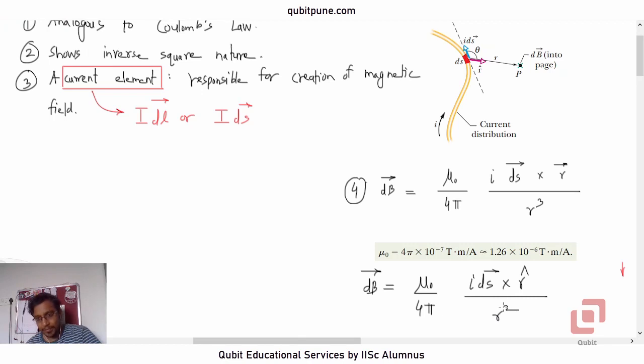Okay, so what did we do there? Instead of r bar, we just wrote the unit vector in that direction, and because the unit vector is changing everywhere and so is ds bar, the direction of ds bar, we have to perform the integration to find the net magnetic field at P due to every current element of this conductor.